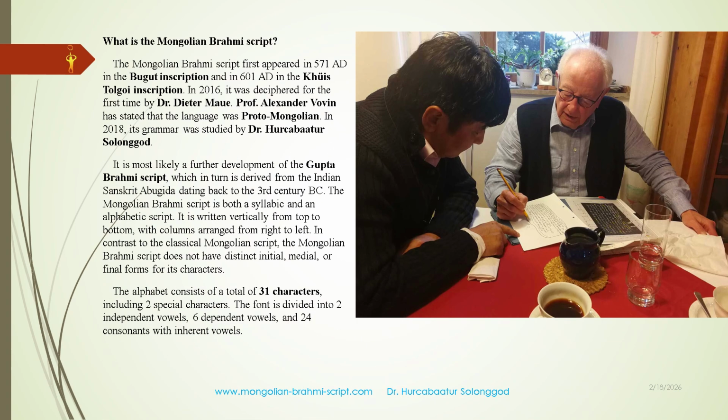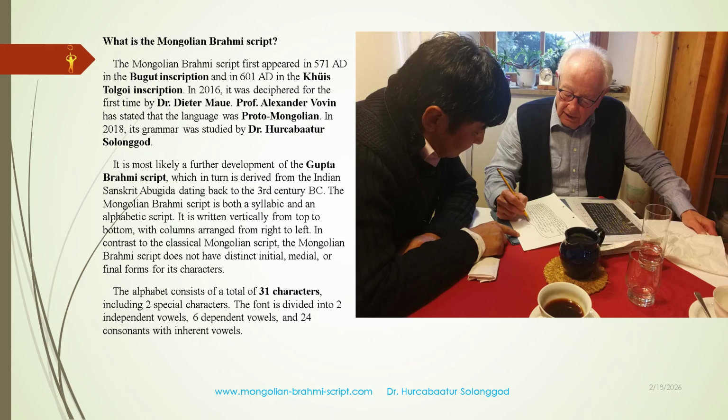The Mongolian Brahmi script first appeared in 571 AD in the Bugut inscription and in 601 AD in the Khüis Tolgoi inscription. In 2016, it was deciphered for the first time by Dr. Dieter Maue. Professor Alexander Vovin has stated that the language was Proto-Mongolian. In 2018, its grammar was studied by Dr. Hurcabaatur Solonggod. It is most likely a further development of the Gupta Brahmi script, which in turn is derived from